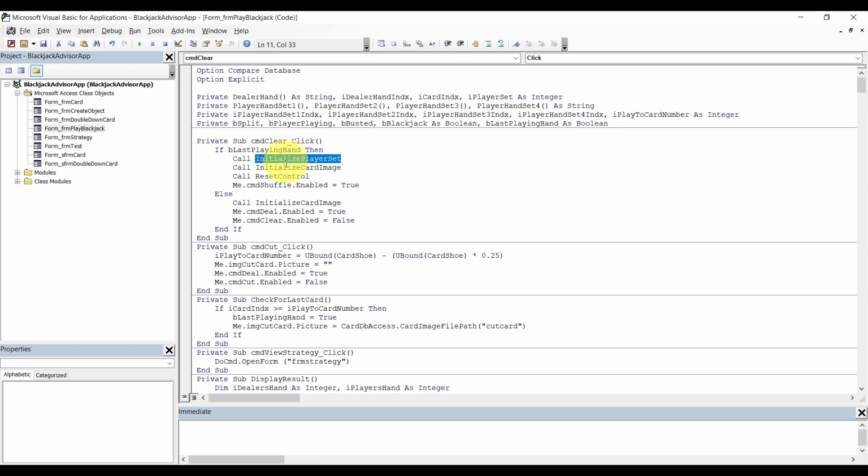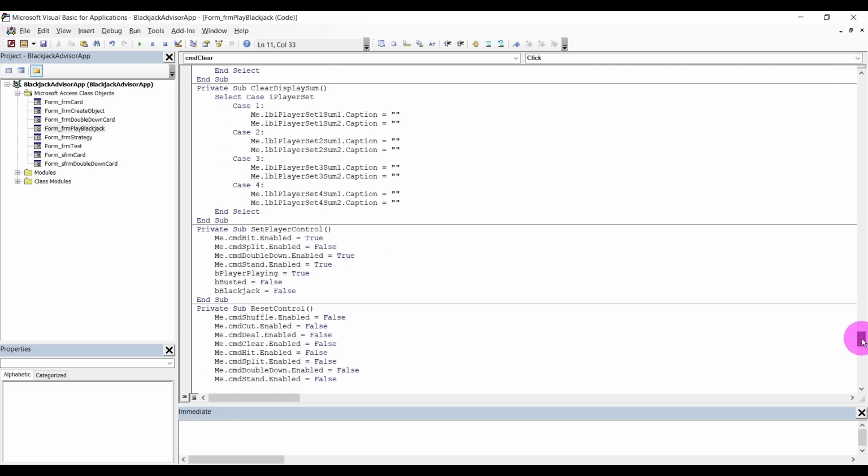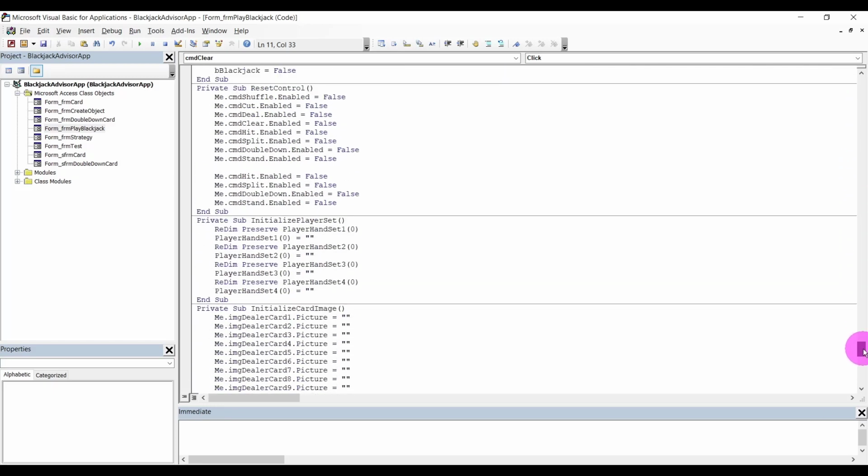Initialize player set. Okay, good. So this is where I was. Let me see if players initialize. Right here, we need to remove this preserve, because that preserve means we only want to modify the set card